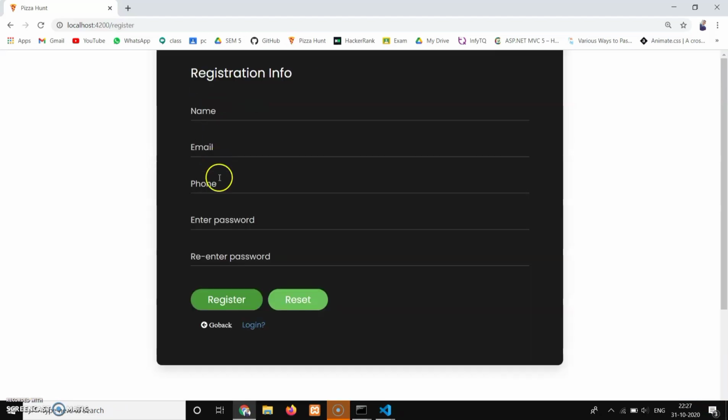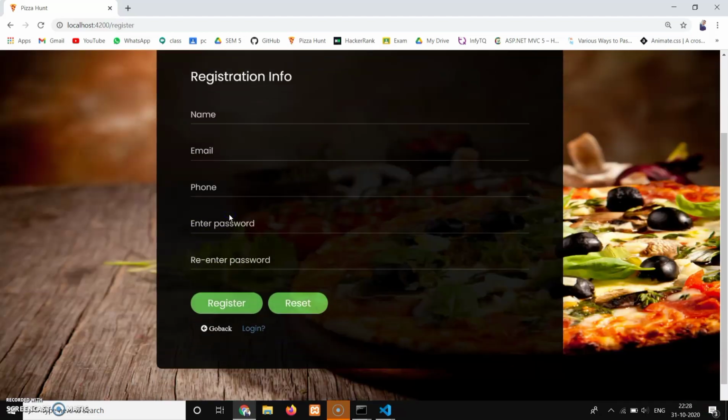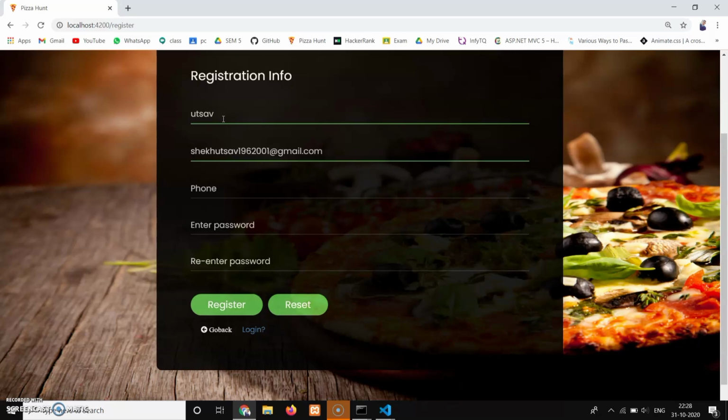If we try to register, suppose my name is Utsav. Suppose I enter an already existing email.